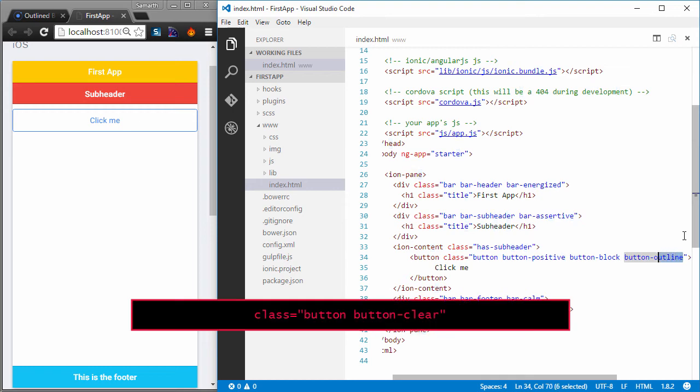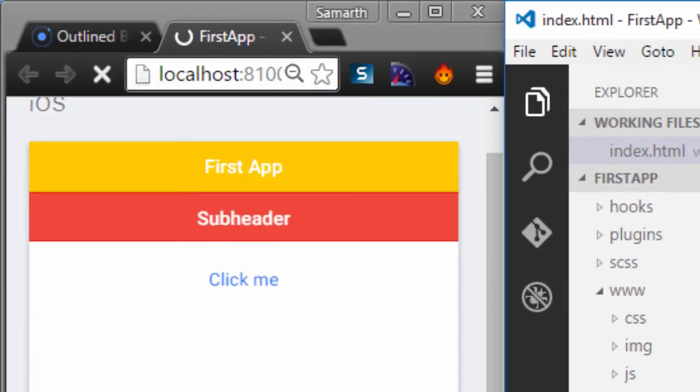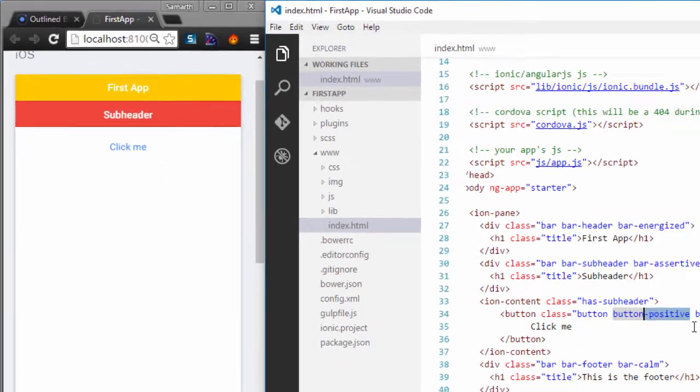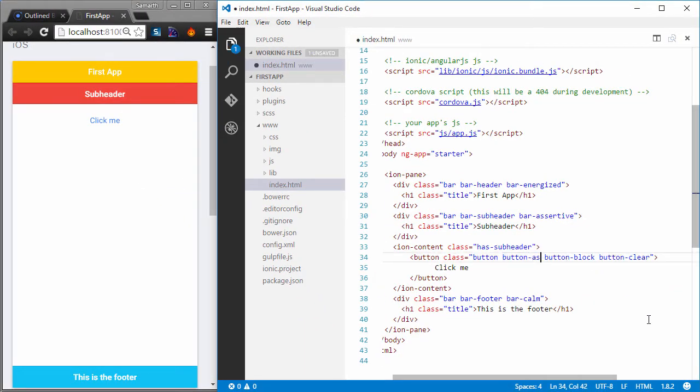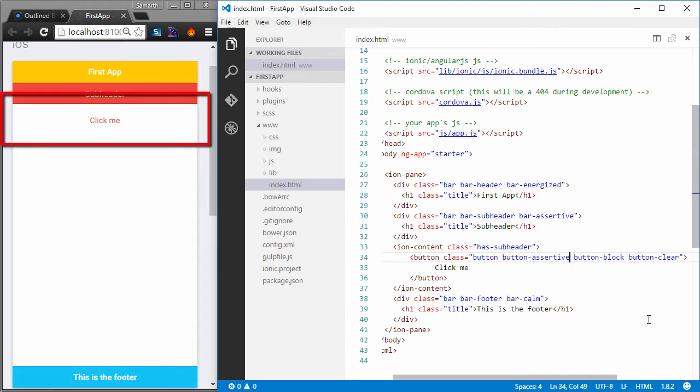There is also button clear, which kind of removes the border of the button and just displays the text, and the text displayed is of blue color, and this is because we have a positive class applied to it. Let me change the class to assertive, and now that click me text will change to red. So this was all about buttons.